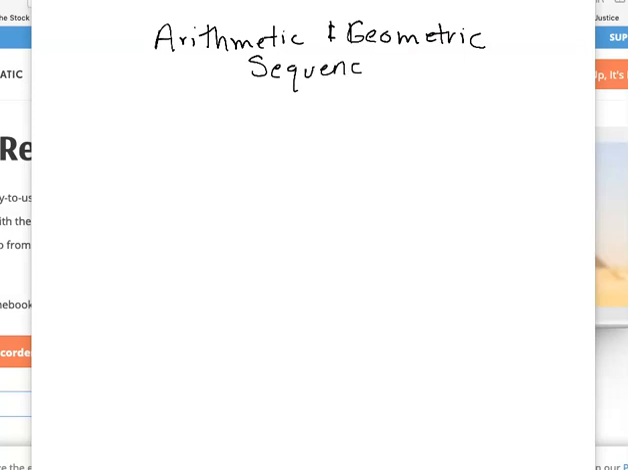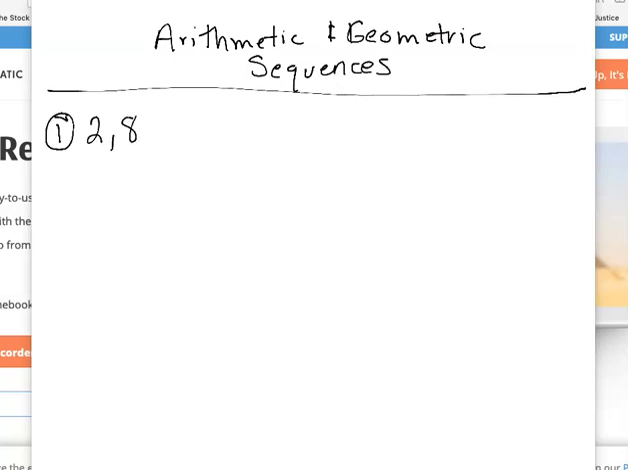Today we're going to take a closer look at arithmetic and geometric sequences. We talked briefly about these yesterday with the recursive, but today we're going to take a closer look at these two. So, first thing I'm going to do is write down quite a few sequences. So the first one,